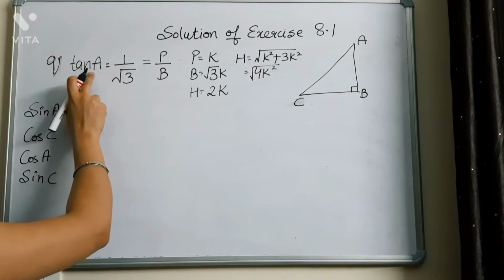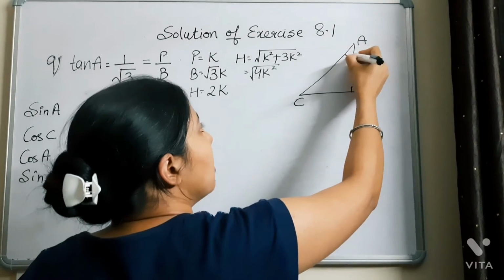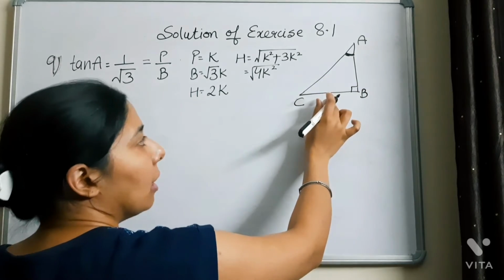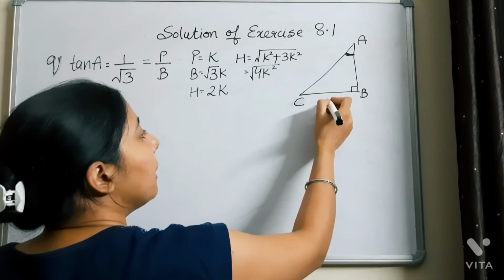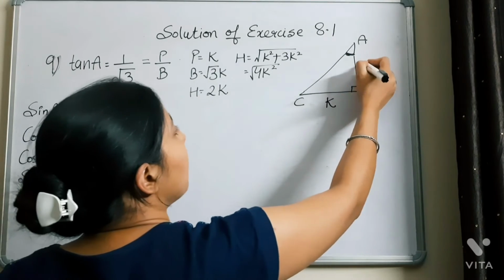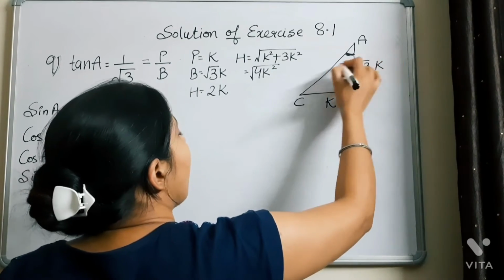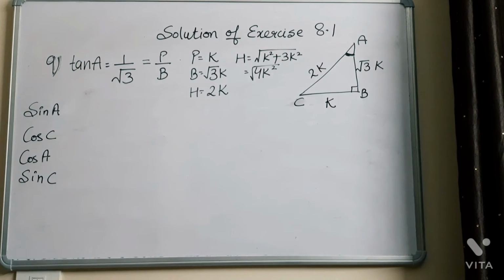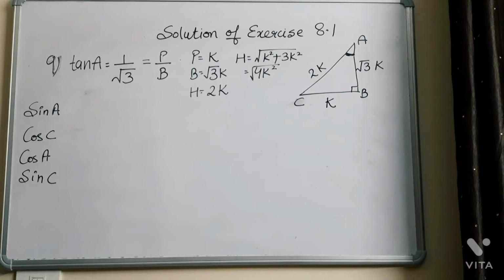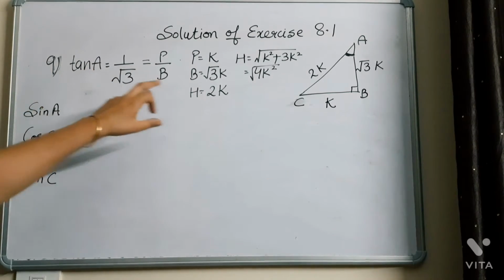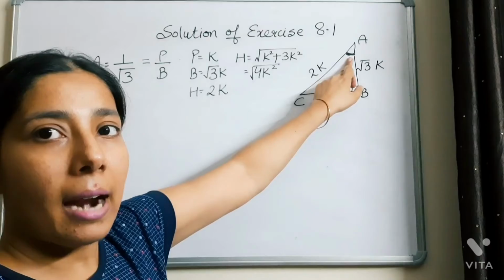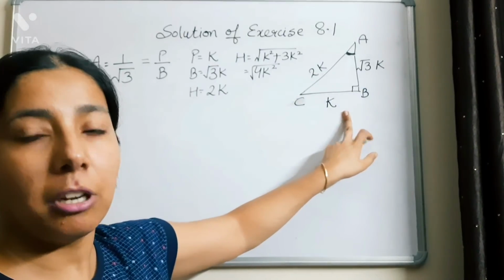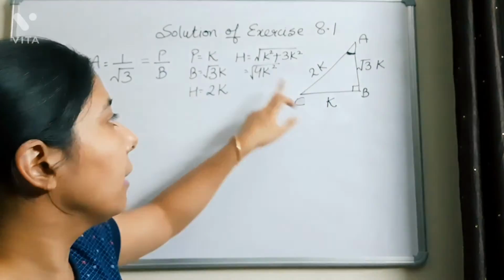Look here, the angle taken here is A. The side opposite to the angle is always taken as perpendicular. So here the perpendicular will be k, base will be root 3k and hypotenuse will be 2k. How do you decide which side behaves as perpendicular and which as base? The angle decides. If the angle given is A, mark A here, and the side opposite to A will be CB. This side behaves as perpendicular, so mark perpendicular k here.